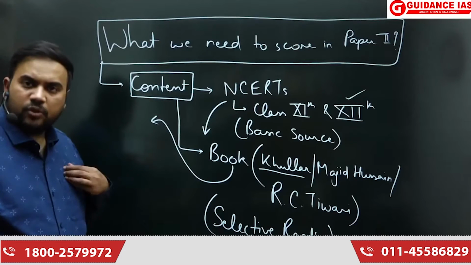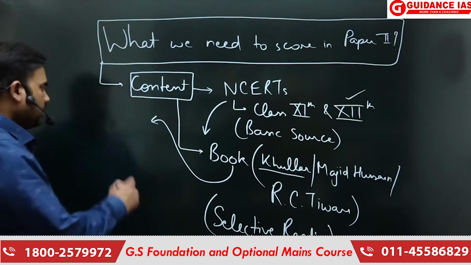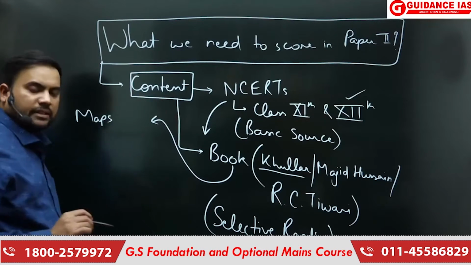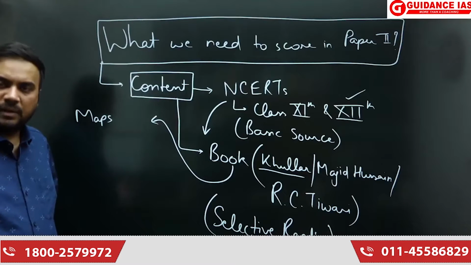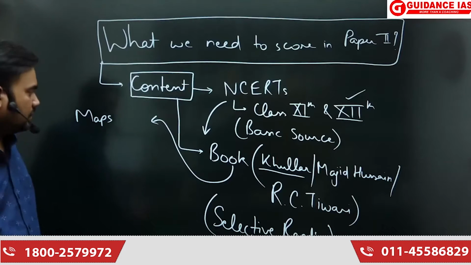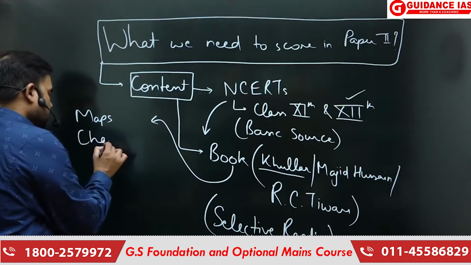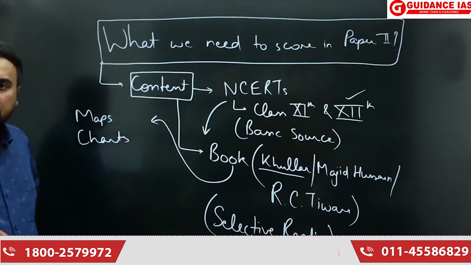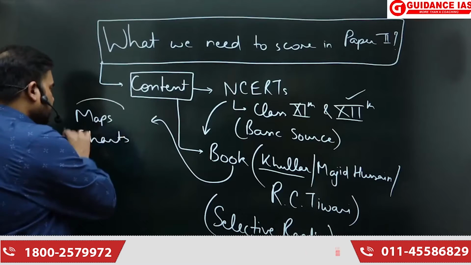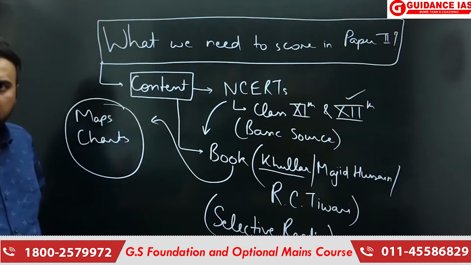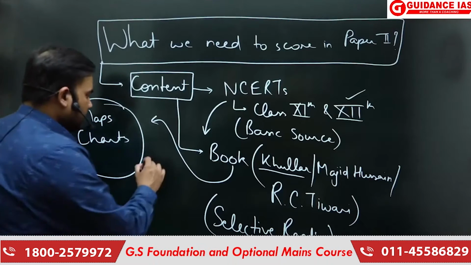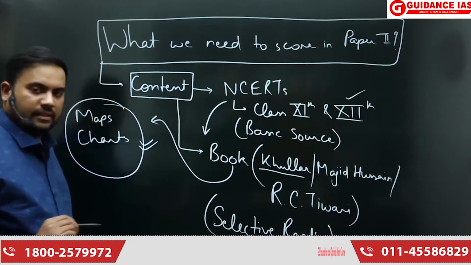So basically, मुझे books में से क्या चाहिए? What I want from the books are the maps which are given. There are more maps given in these books. So those maps I want, and some charts which are given, those charts I want. This is something which I have to look into, all of them which are given in the book. Okay? So this is something which I have to extract, which is compulsory.